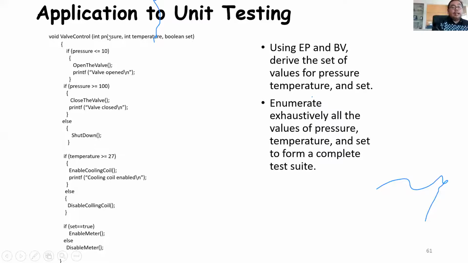Now, from your testing, I hope you learned, you can use something called equivalent partitioning and boundary values. For example, you know that pressure is less than or equal to 10, and pressure can also be greater than or equal to 100, and temperature greater than or equal to 27, and set can be true or false. So you can use equivalent partitioning and boundary value to generate a set of test cases for you to be able to test